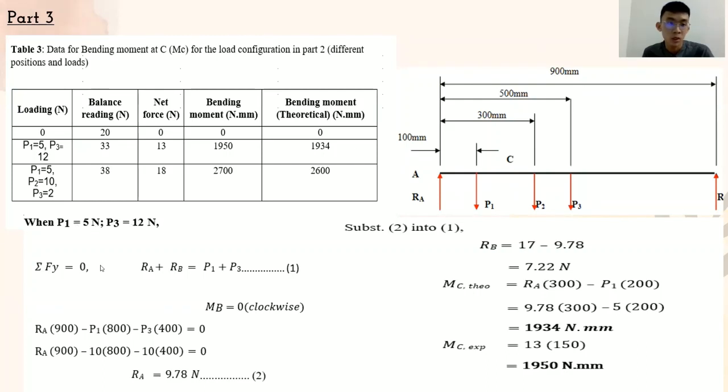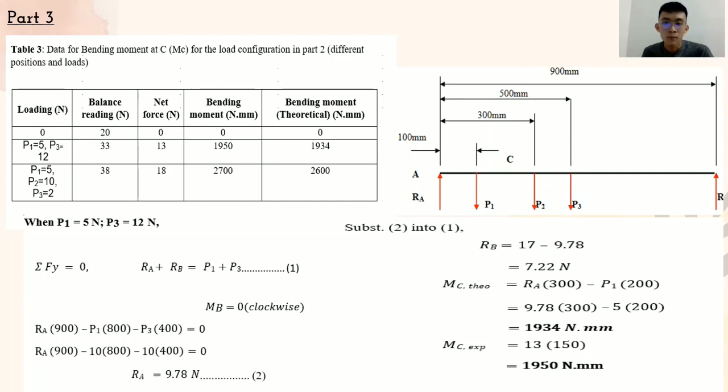For part 3, from the free body diagram, when P1 is equal to 5 Newton and P3 is equal to 12 Newton, the Y component and the moment at B are equal to 0, which is in equilibrium. For the Y component, the equation will be RA plus RB equal to P1 plus P3, for equation 1. For equation 2 for bending moment, we will get RA equal to 9.78 Newton. After this, we substitute equation 2 into equation 1, then we will get RB as 7.22 Newton. To calculate the theoretical value for bending moment at point C, we use RA times 300 minus P1 times 200, so the value will be